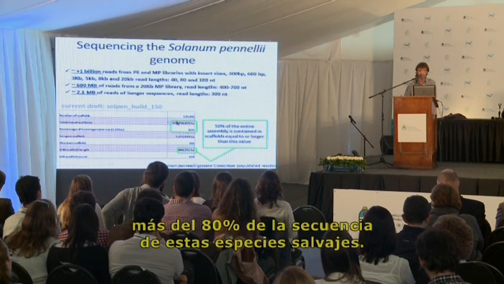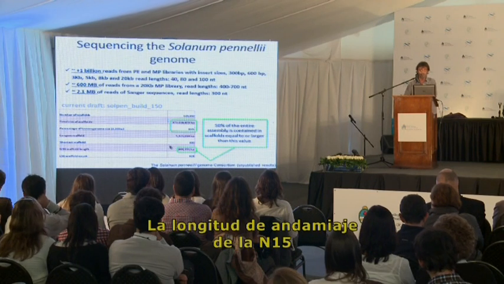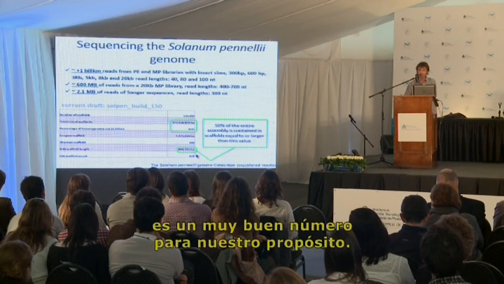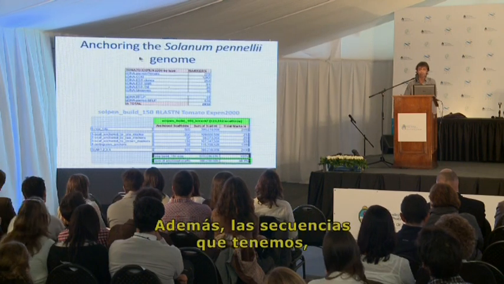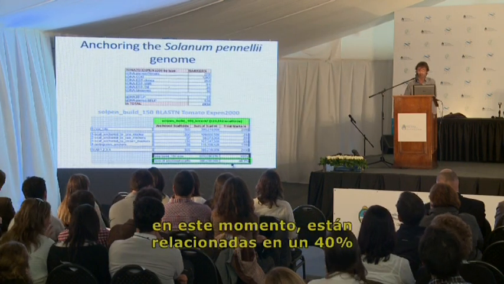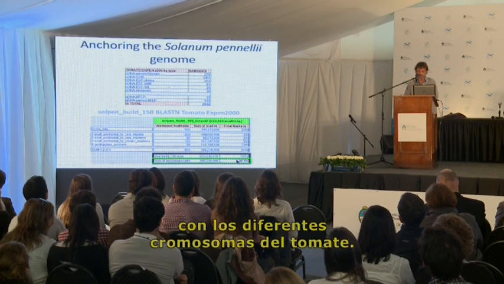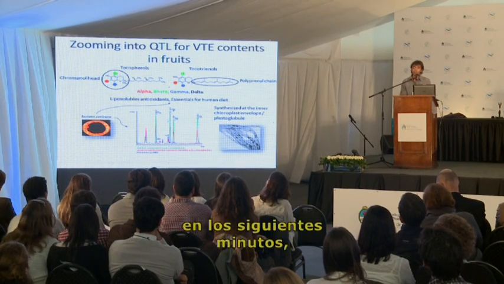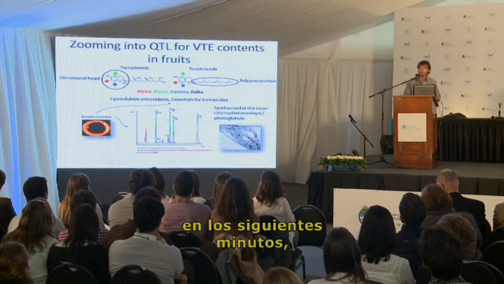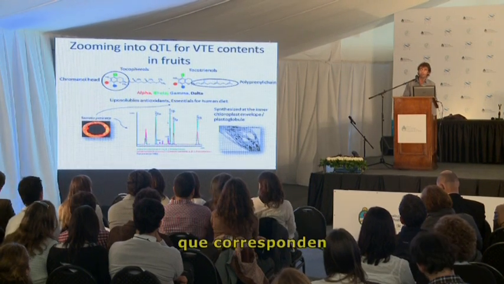80% of the sequence of this wild species, and the N50 scaffold length is a very good number for our purpose, and also the sequence that we got is at the moment 40% anchored to the different chromosomes of the tomato. With this resource in hand, in the next few minutes, I will show you some results that are coming